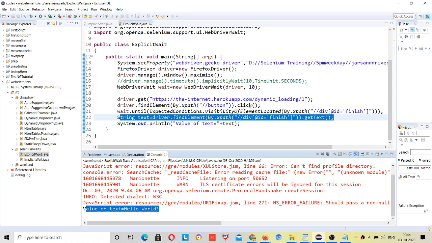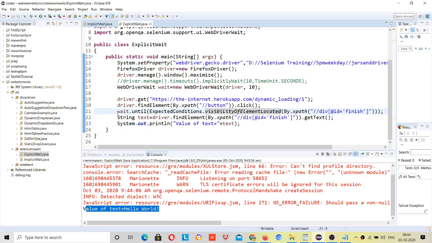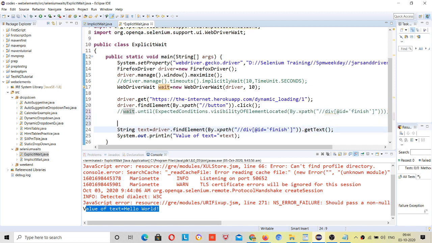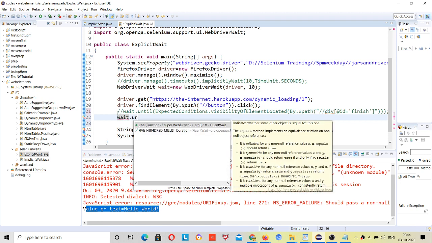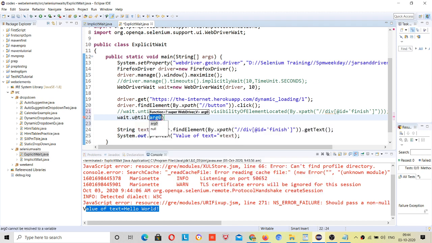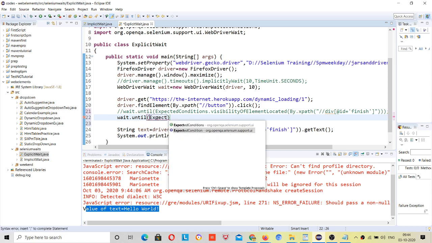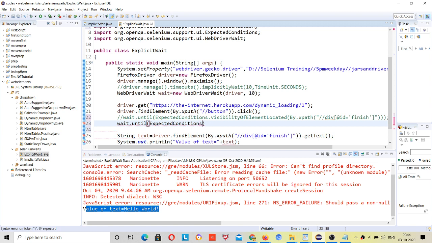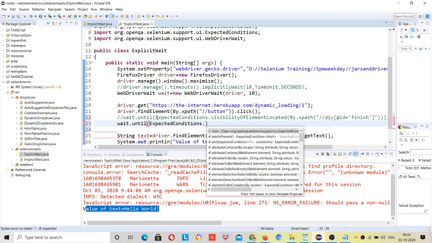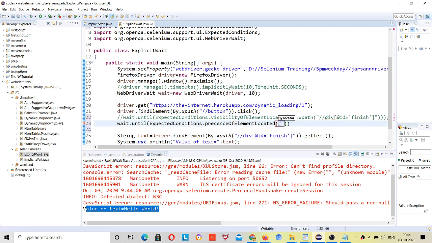Okay, now there is another method. Let me comment this, and we can verify it with the implicit wait, right? Just like that, we can verify with multiple expected conditions. Expected conditions dot presence of element located, right?